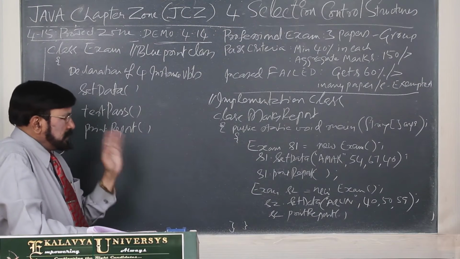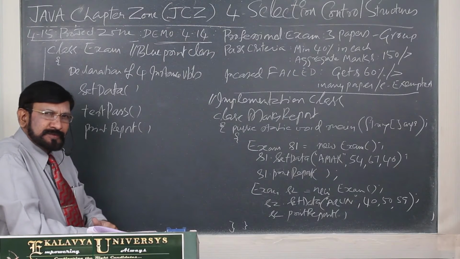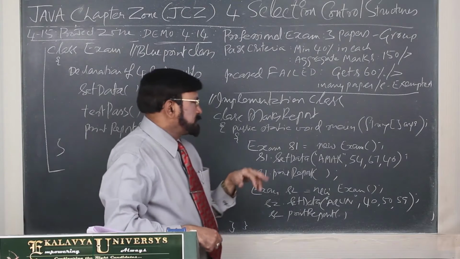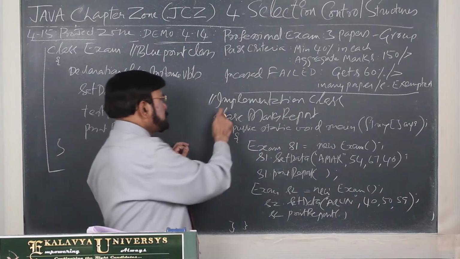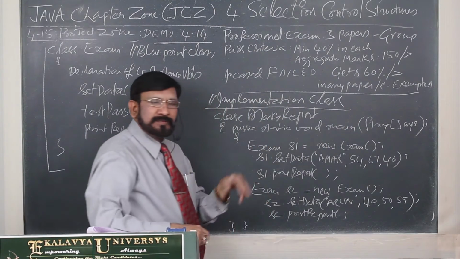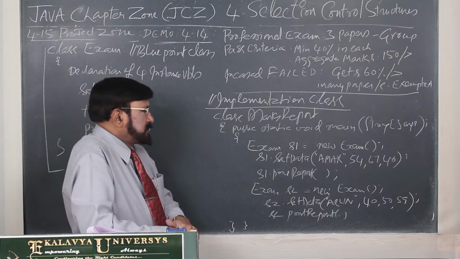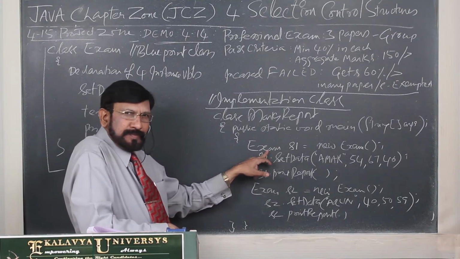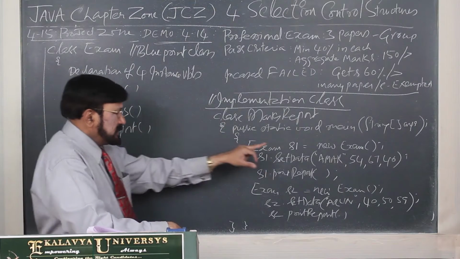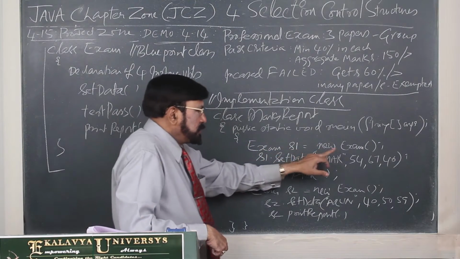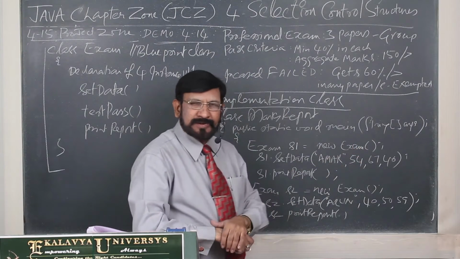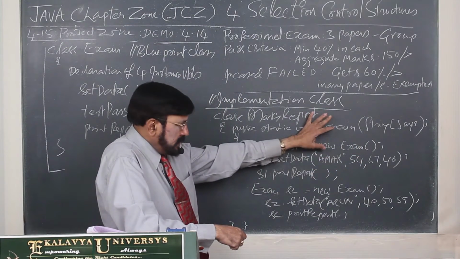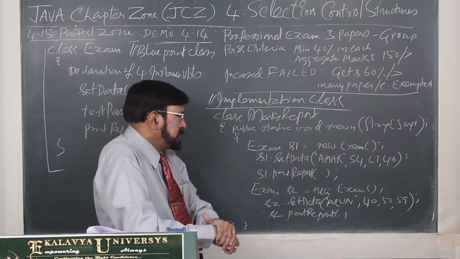Then once the blueprint is ready, for n number of students you can find out the result. So through the implementation class, now we named it as marks report. Now you see main I have written in that. Exam blueprint class S1 new exam, we call the constructor. In the previous program I explained, so the same explanation is applicable to this.